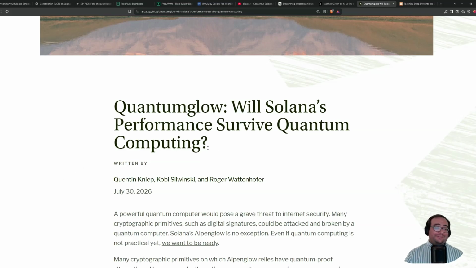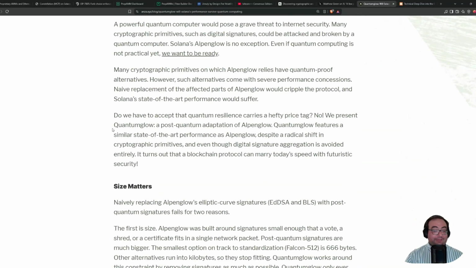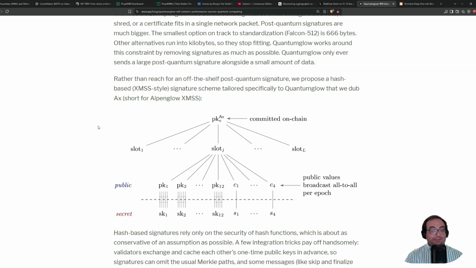we now have this update on the Alpenglow white paper, and this corresponding article. It's QuantumGlow, so it's the post-quantum version of Alpenglow. And that's really cool that we know this now, because we're thinking, what will Solana do for consensus? And now we have this plan, proposal, and design from Anza, the authors of Alpenglow. And that's what we have right now.